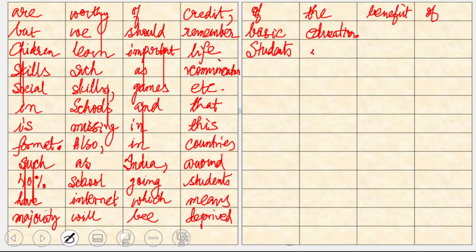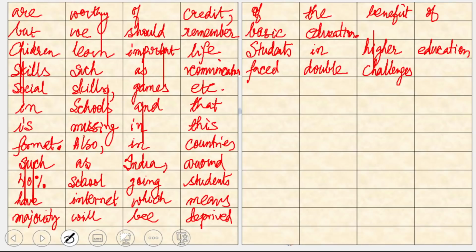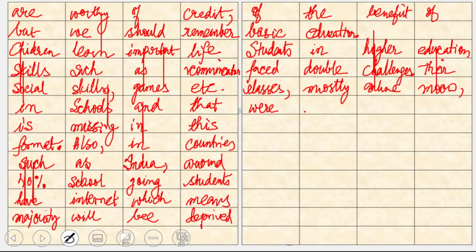Students in higher education faced double challenges. Okay. Full stop. What are they? Their classes, which were mostly online now, were inadequate. So only classroom learning is not the learning in higher education, na? Neither in higher education nor in school education. Okay, so that was inadequate, comma, and